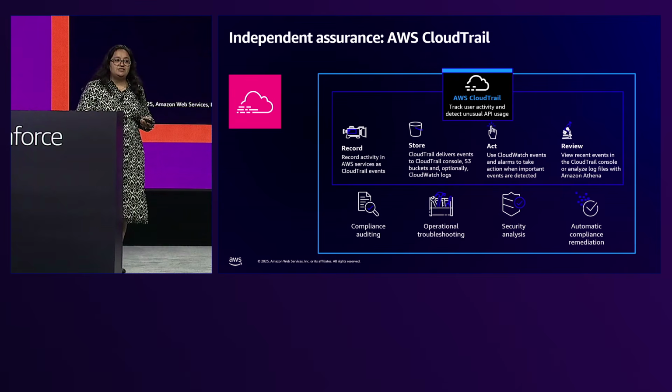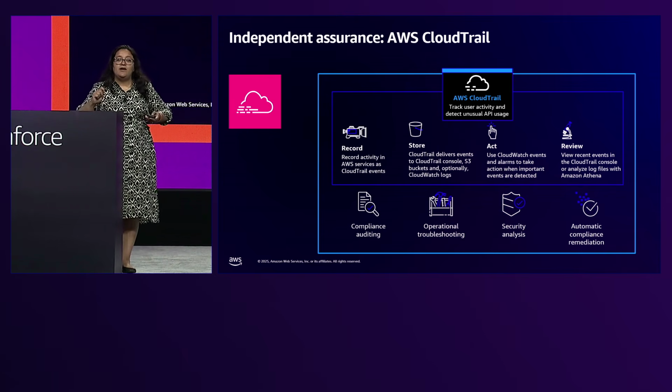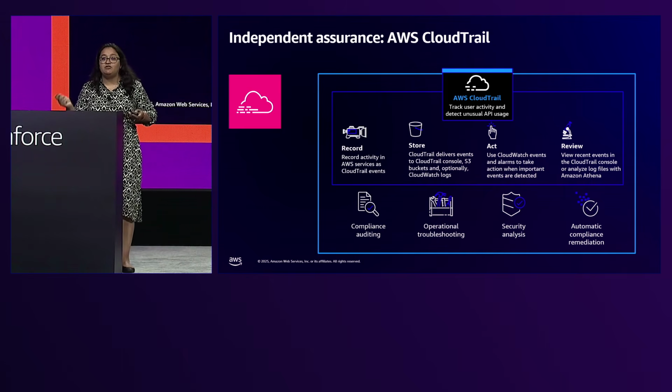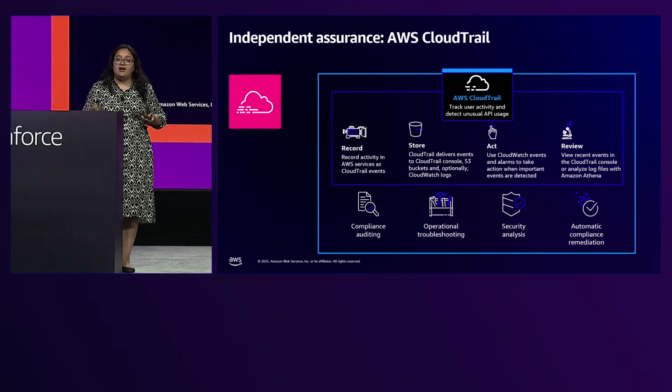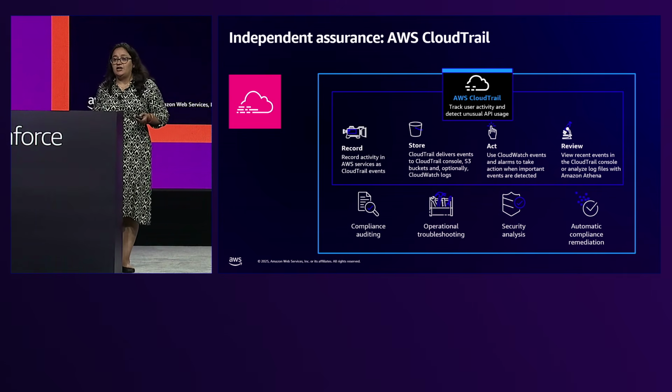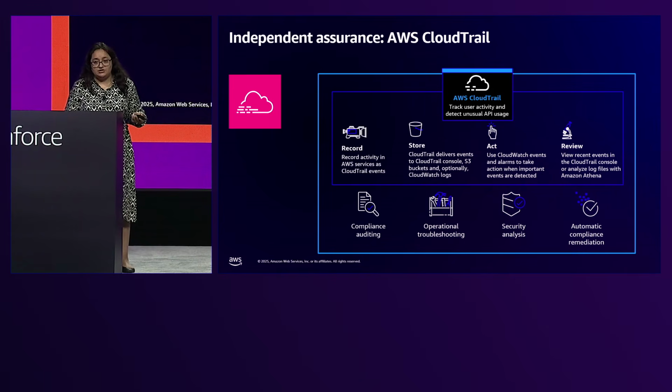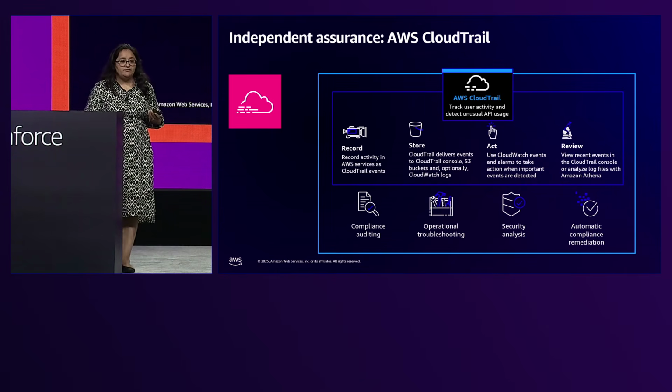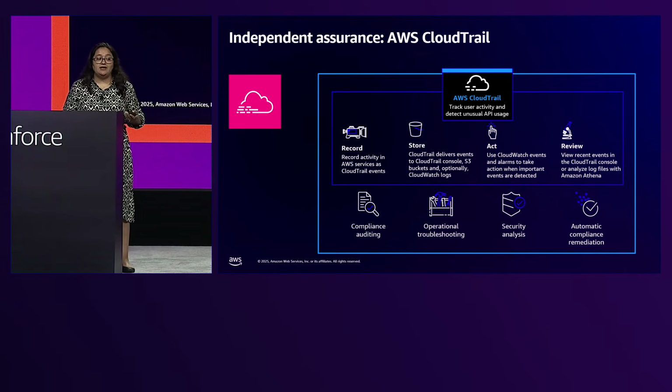It gives this information to customers to determine two things. One, if a malicious action has happened, who took the action, how long did the person take the action, and what resources did the person touch. But even with a recent launch, you can now tell whether the person was from inside your data perimeter or outside of it. It not only answers who did what and when, it can now also answer where the API call originated from, and whether you expect it to originate from there or not. So that's what CloudTrail is.